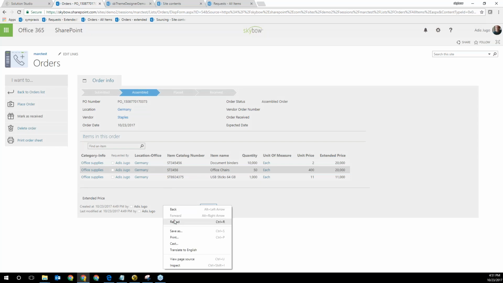The next step in the order processing would be, as Marc has shown, okay, now we have an extended price calculated also in the meantime. We can also place the order. You see that this is my next point which I can do. I could also delete this order since it's not yet placed. I could say, this was a wrongly assembled order, delete it and then reassemble a new one. But I'm actually going to place the order.